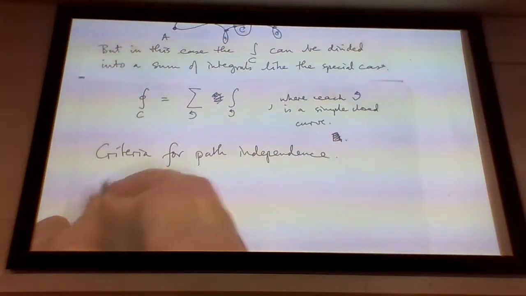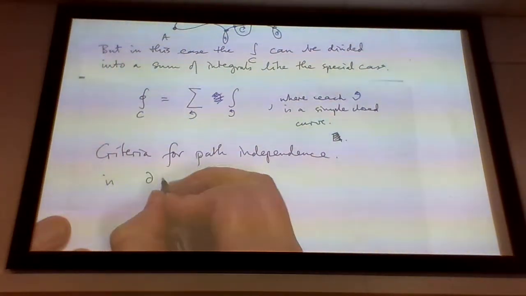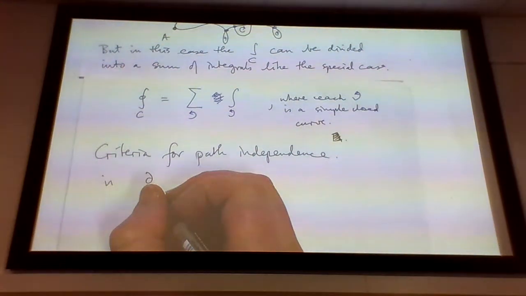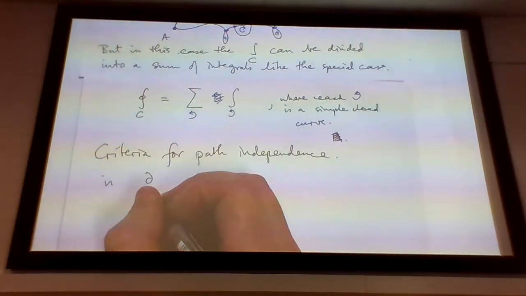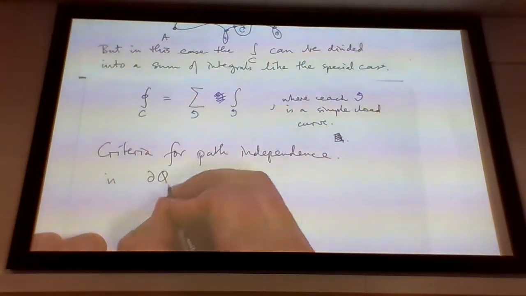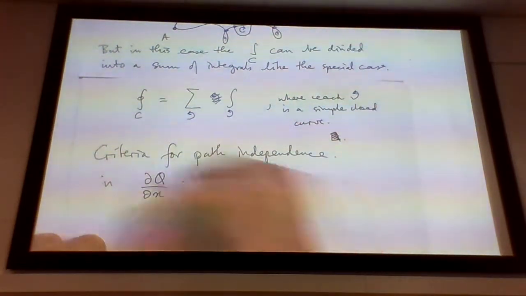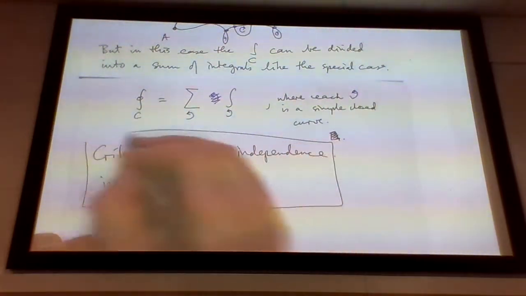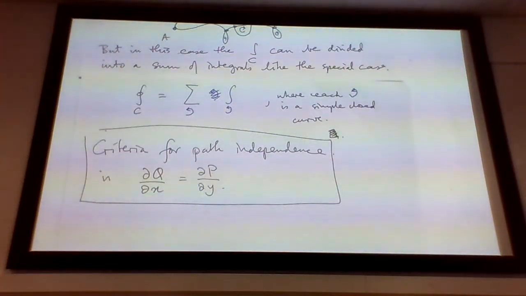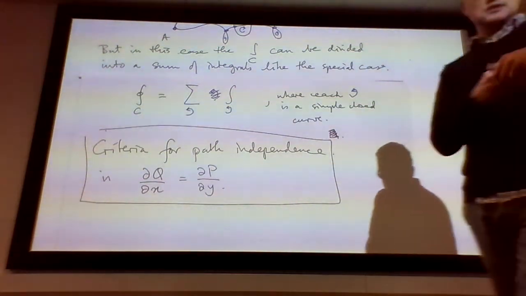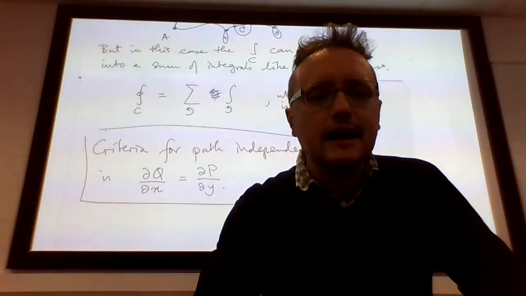So the criteria for path independence then is that dq/dx equals dp/dy. Okay, so we can recognize path independence of the linear differential form. Okay, we'll leave that there for now, and I'll meet you again